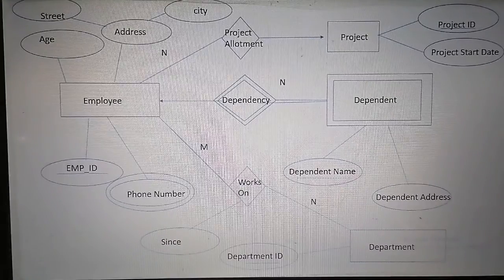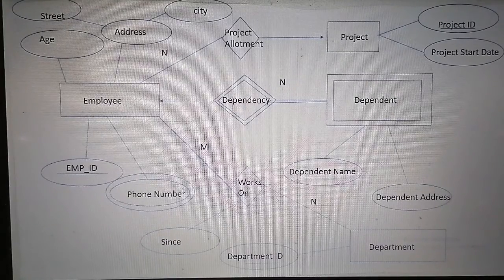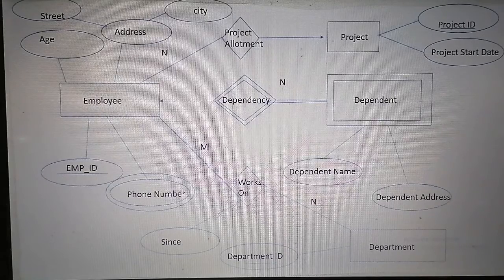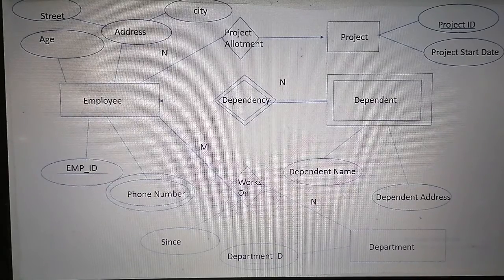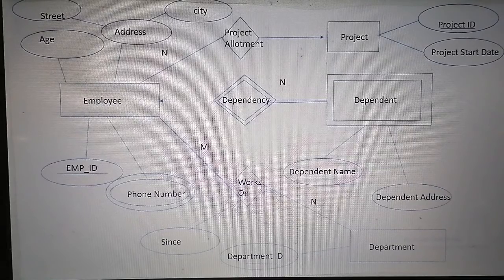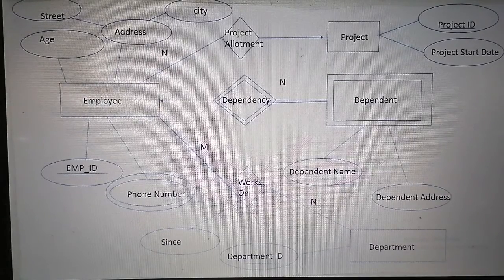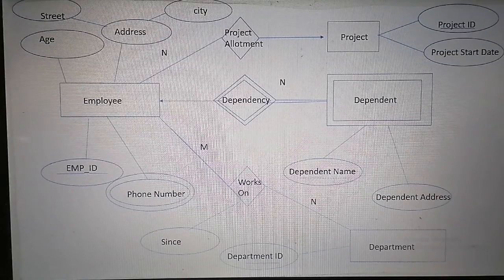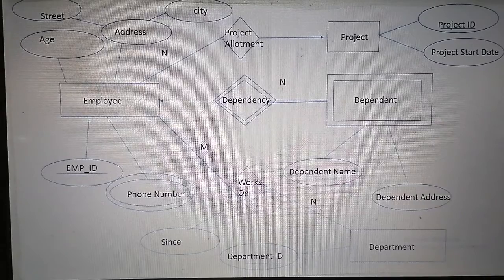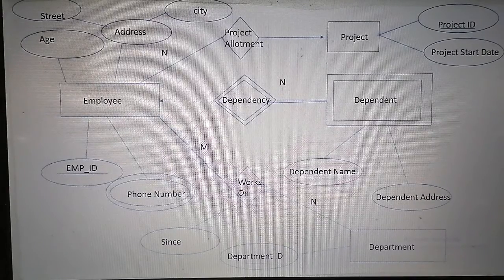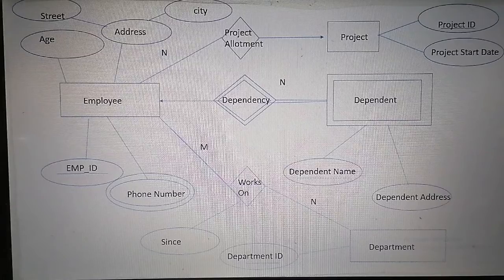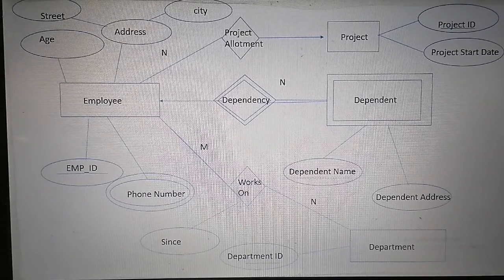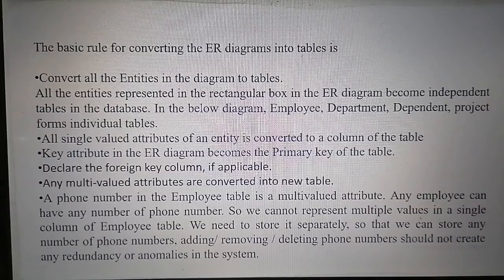As you can see here in this slide, in the ER diagram, employee, department ID, department, project, and dependent are all entities. So the first rule says we will create a table corresponding to each entity of an ER diagram. Next rule says create columns corresponding to all single valued attributes of an entity.